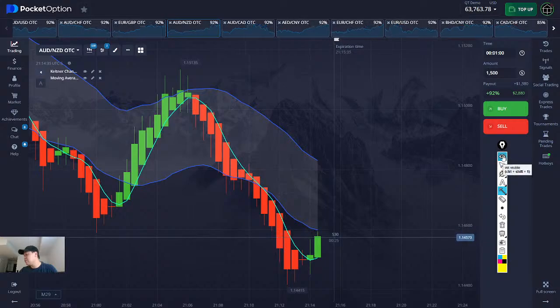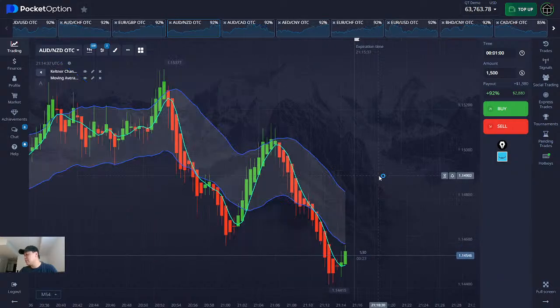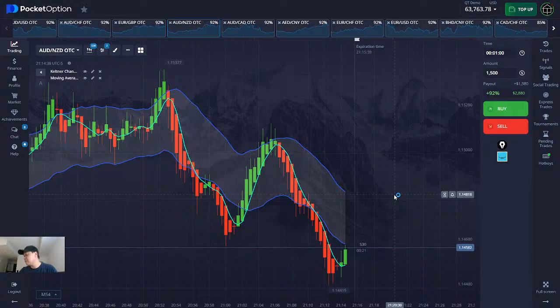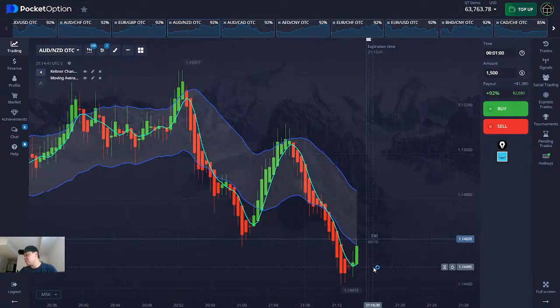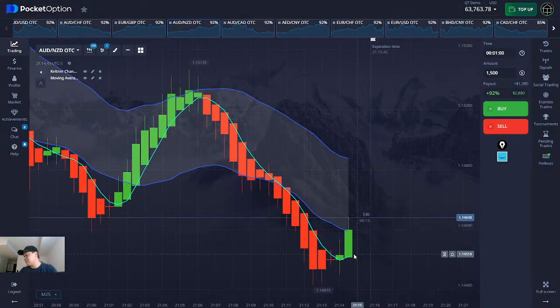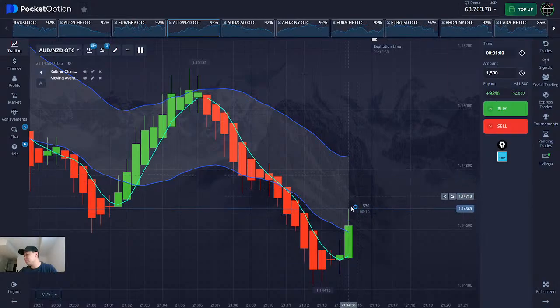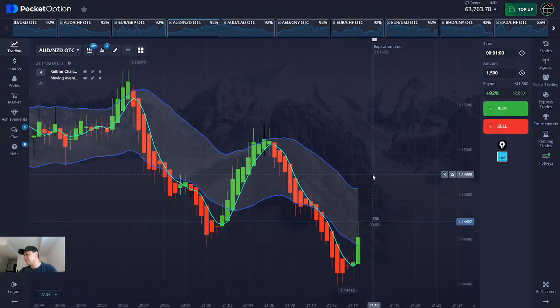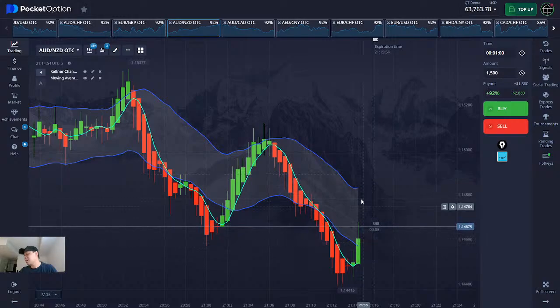Let's see how strong this is. Once the candle becomes big and it goes inside the channel, it's just gonna rip through. I used to just play it that way too, but